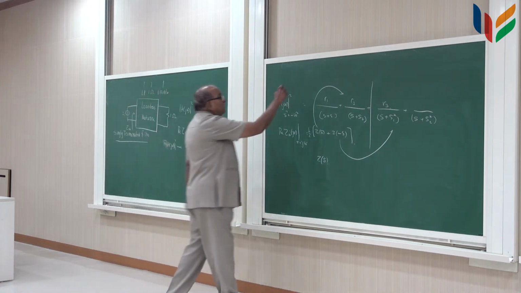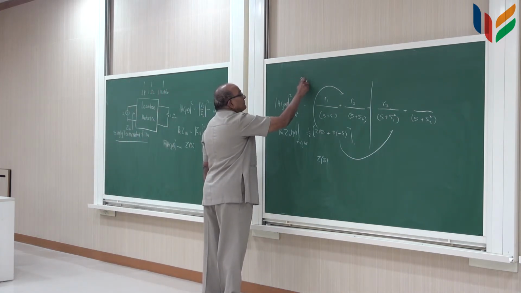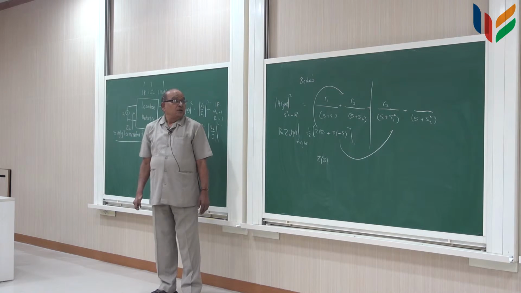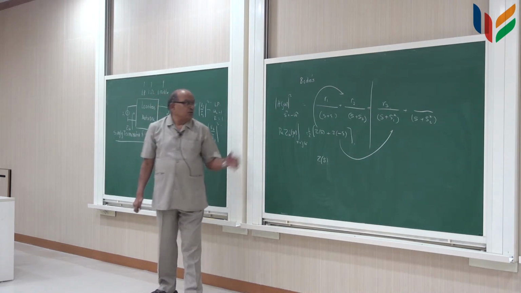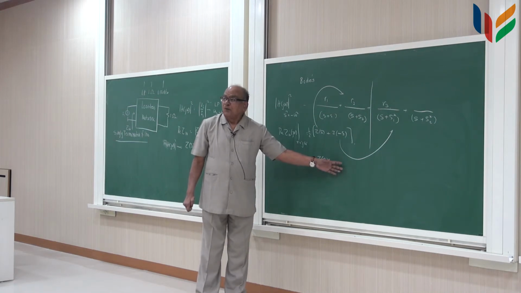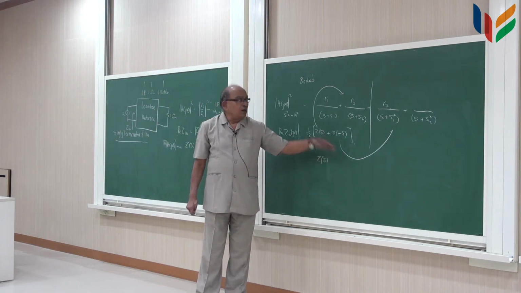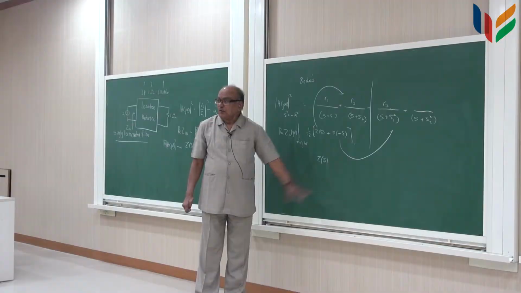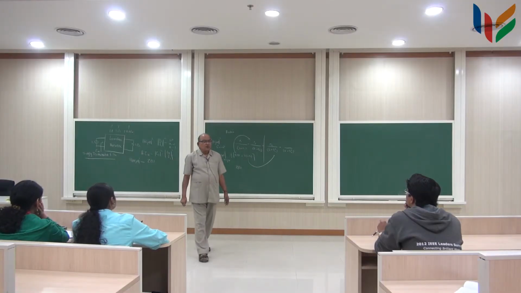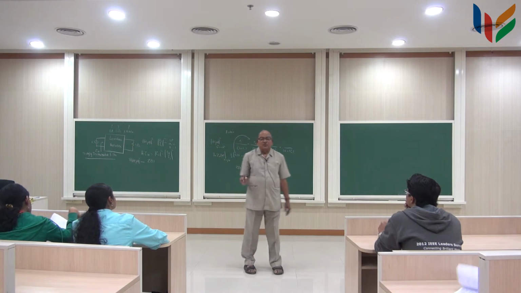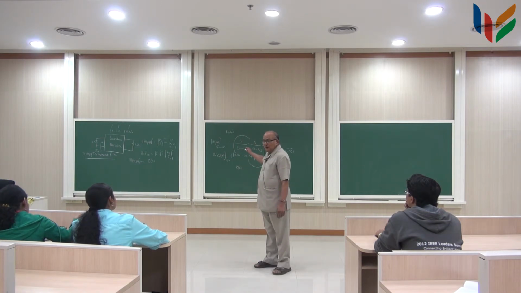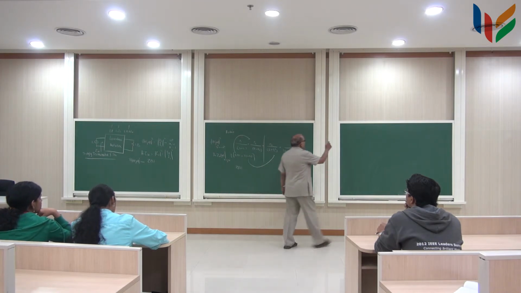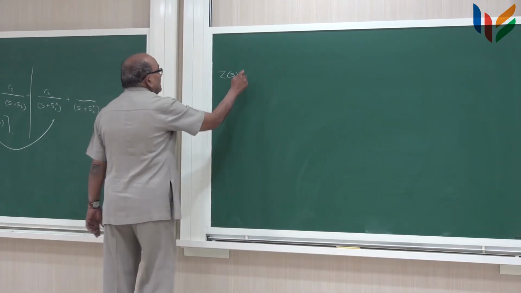And this method is what we called Bode's method. There is another method, as I said: assume that it is a ratio of two polynomials, find the real part of that at s equal to j omega, and equate the coefficients of both functions to find the coefficients of the numerator and denominator. There is another method called Gabor's method. Whichever method you use, all I am saying is that you will be able to extract Z uniquely out of the magnitude square function. So now the next question is, given a Z of s, what is the network?